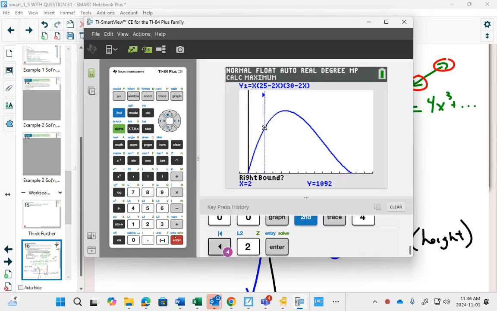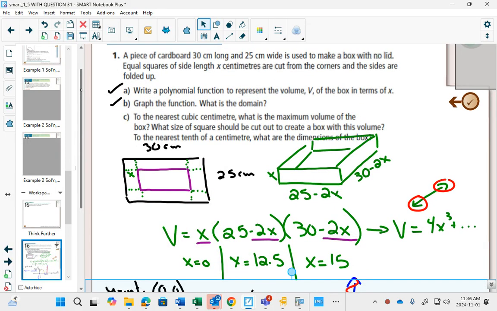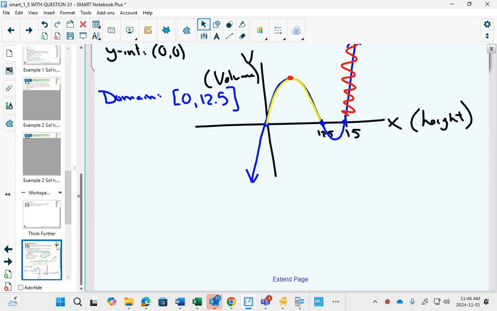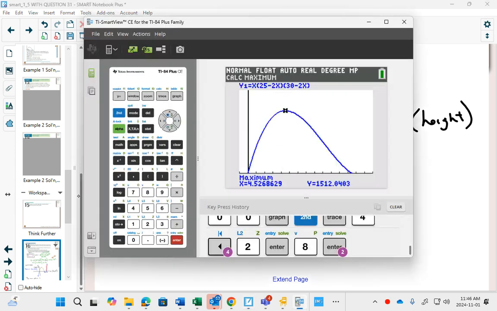3, 4, 5, 6, 7. I think 8. I'm pretty safe at 8 for the right. Push 8. Yes. My maximum is in between those two lines. Push enter again. And it's at 4.526 and 1512. So, what questions do I need to answer? Nearest cubic centimeter, maximum volume. So I should write max volume is, go back to my calculator, 1512